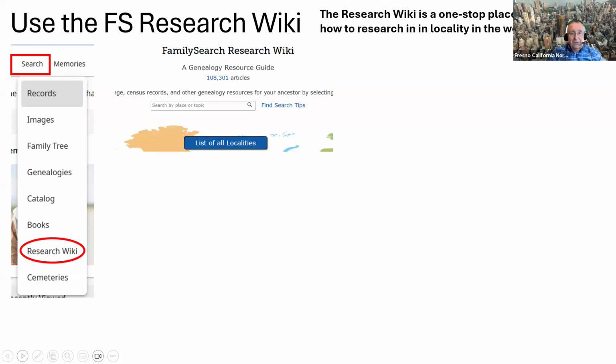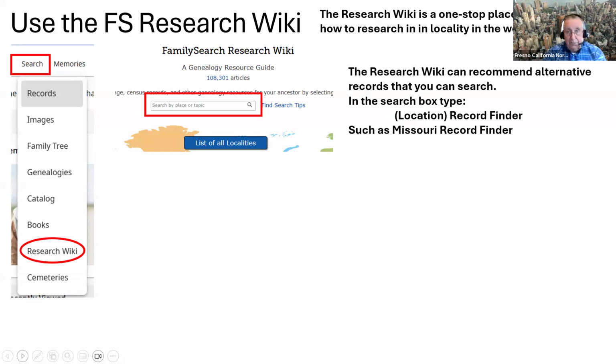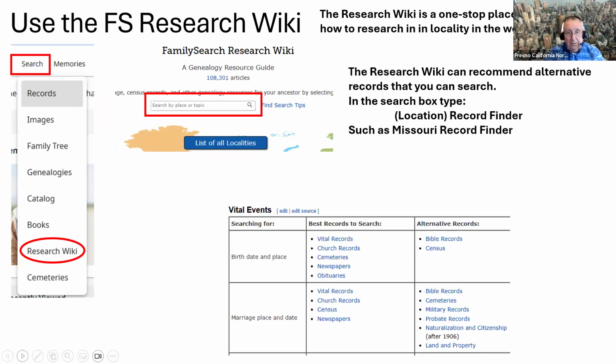This is a part of the page that comes up for the wiki. It has a search box. We're looking for different types of records that will pertain to birth, marriage, and death right now. So the thing to do is to fill in that search box in a certain way. Type the location you're looking for. So let's say we're going to look in Missouri, and then put the words record finder. So we're going to fill the box in with Missouri record finder, hit enter, and it'll come up with a